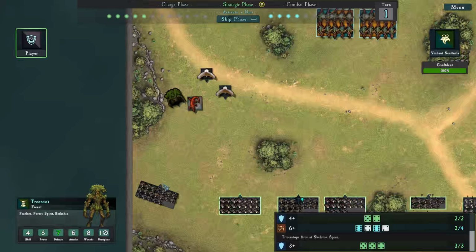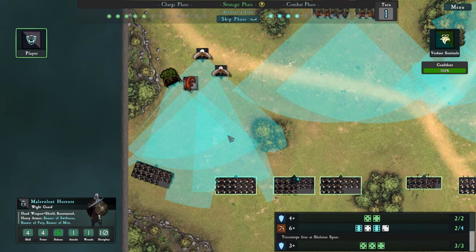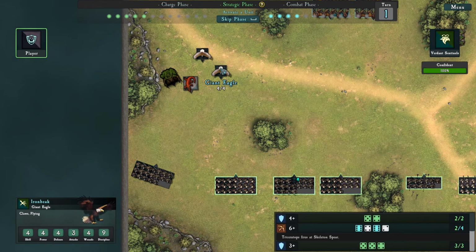I'll do it now. I can't actually charge. It would be a bad turn to do it this turn because I can't actually engage it, so allowing the eagle to come kill itself would be fine, or dying on this unit is equal. I got 17 attacks, 14 attacks, 7 hits, and then...